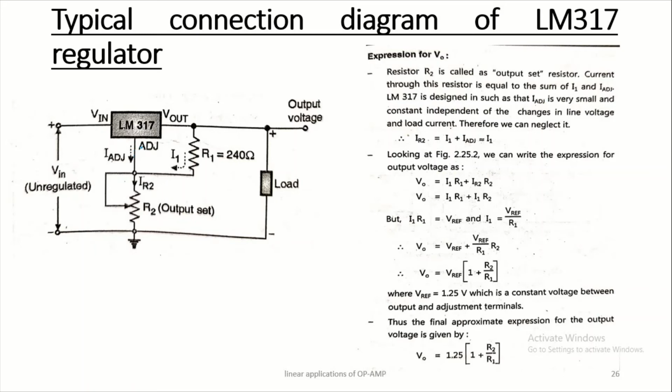When configured as shown in the figure, the LM317 produces a voltage of 1.2 volt between its output and adjustable terminal. This voltage is called the reference voltage, and this voltage appears across R1 as shown in the figure. This is the adjustable point.